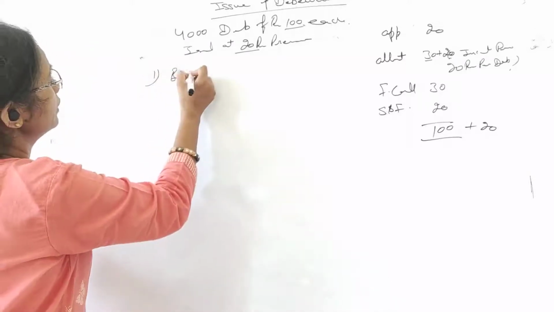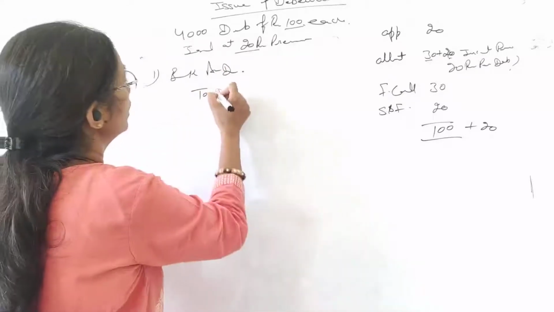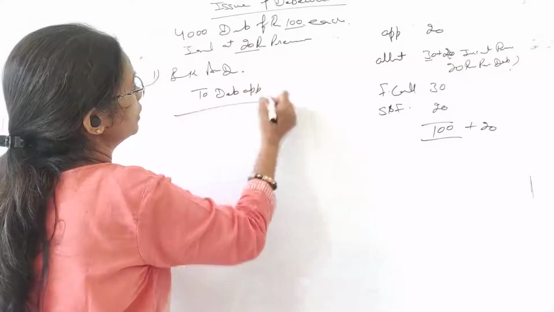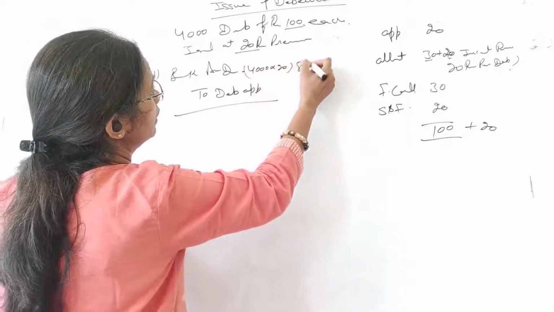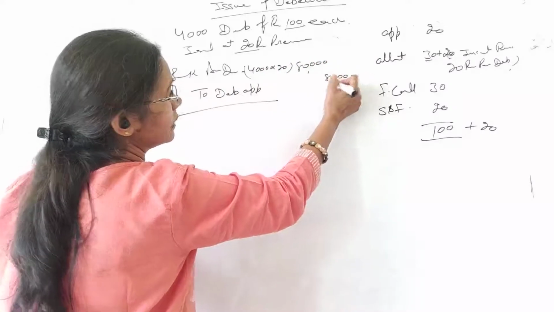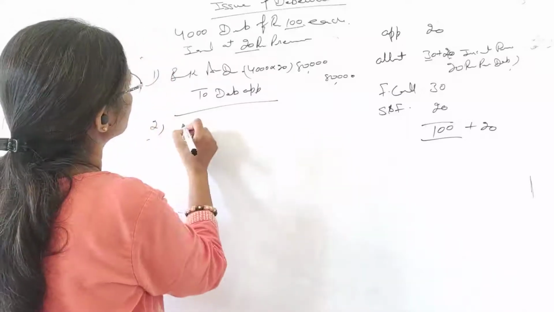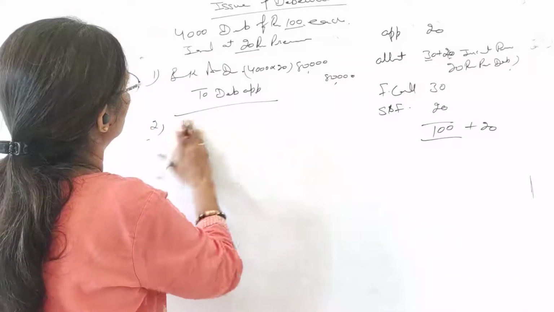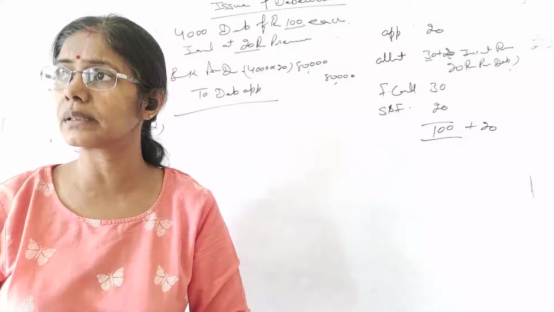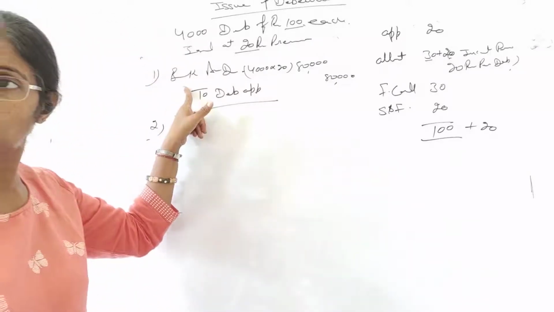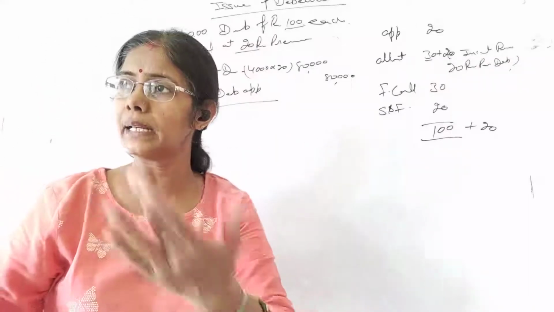The first one is bank account debit to debenture application. How much will you be asking? 4,000 into 20, 80,000 you are asking. Now next one, you will be receiving the amount. This is the first case, students. Here I think I have already discussed this in the class. First we receive the amount, then we transfer this application money to the debenture. And after that, first we due and then money is received.